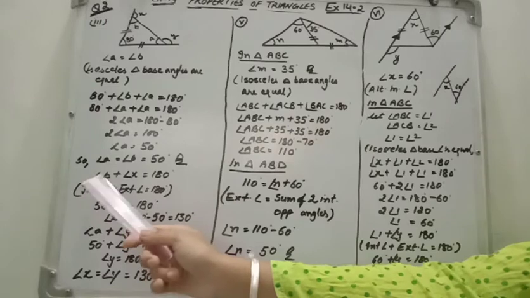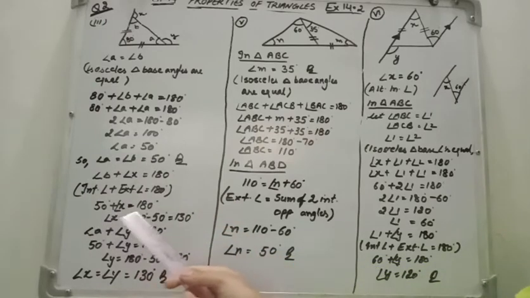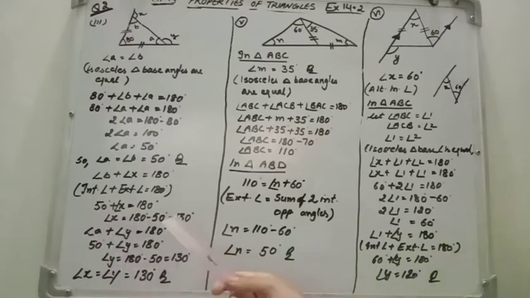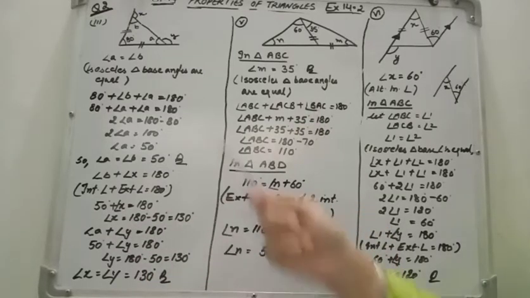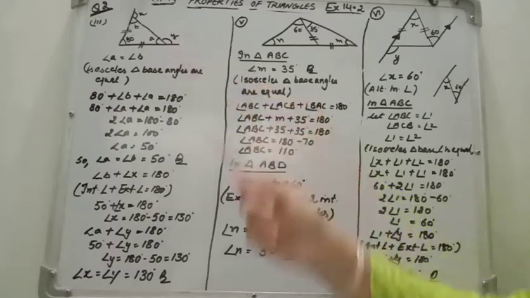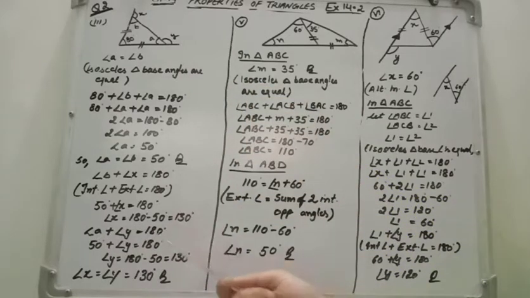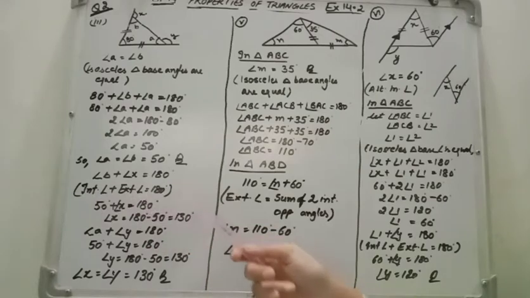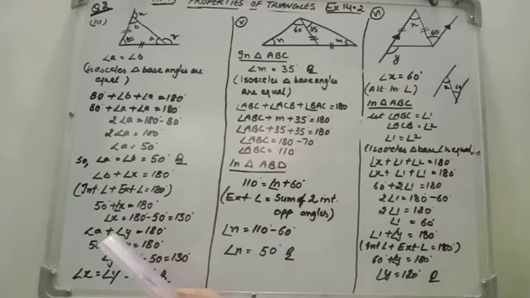So put the value of angle B. What do we get? 50 plus x is equal to 180. So 50 moves to the other side, x becomes 130 degrees. Now same as A plus y is equal to 180 degrees. Same property, interior angle plus exterior angle is equal to 180 degrees. So put the value of A: 50 plus y is equal to 180 degrees. In the same way y we get 130. So x and y are both 130. This is our second answer. Like that we will solve the other questions.